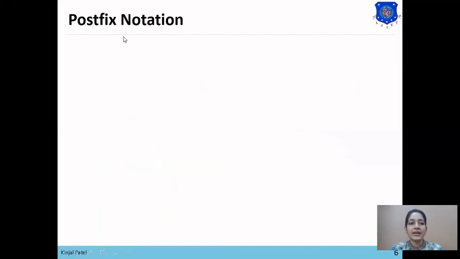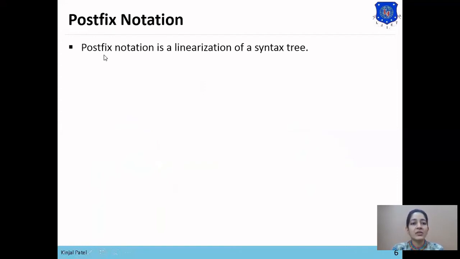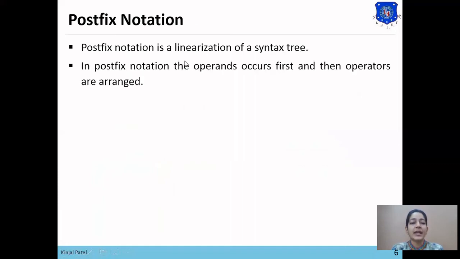Now the next intermediate form is postfix notation. Postfix notation is a linearization of a syntax tree. In postfix notation, the operands occur first and then the operators are arranged. For example, here is the expression: a plus b star c plus d.